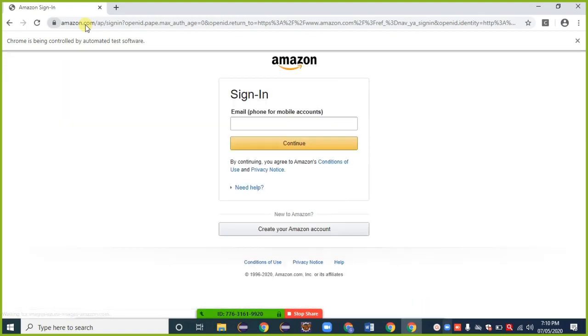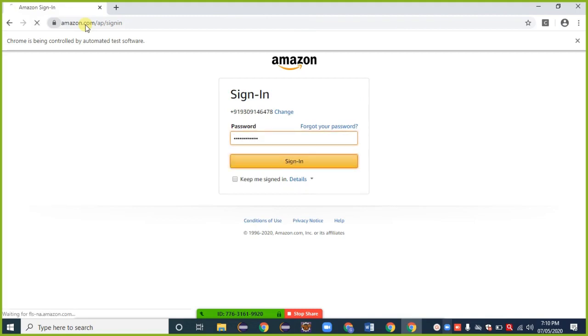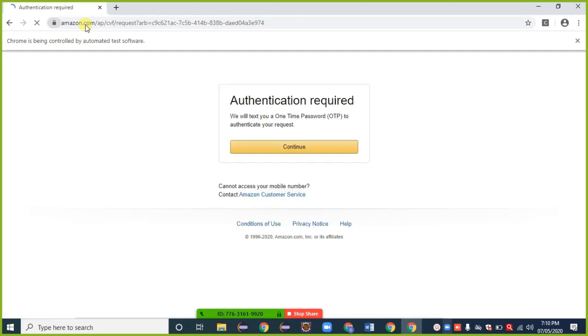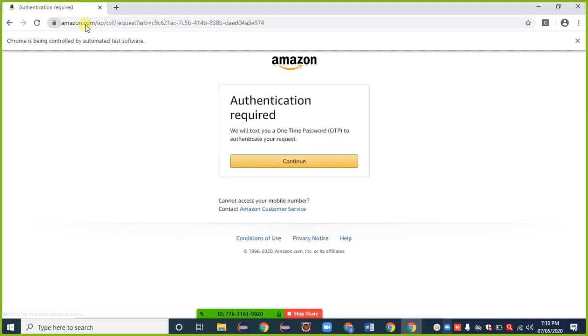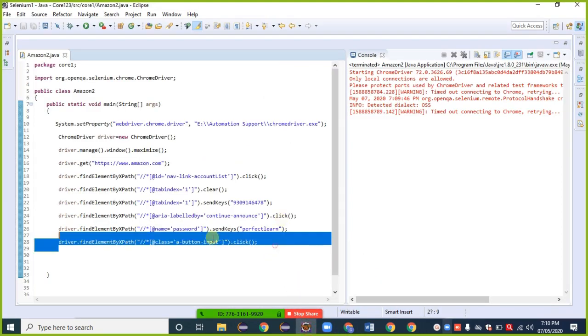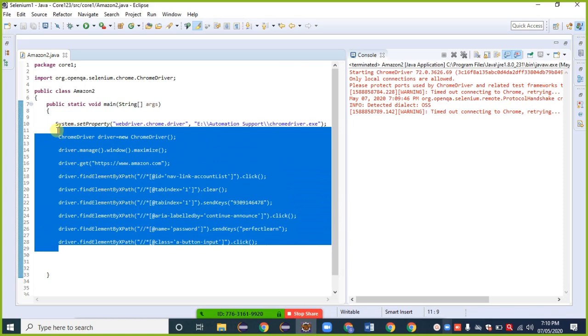Sign in, entering mobile number here. Continue click. Then providing password here. Sign in. Whatever we provided here is all right. As per the given steps, it's working well.